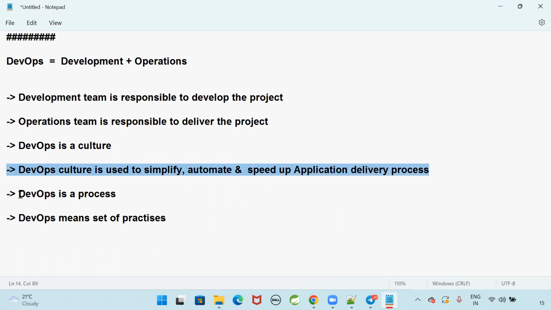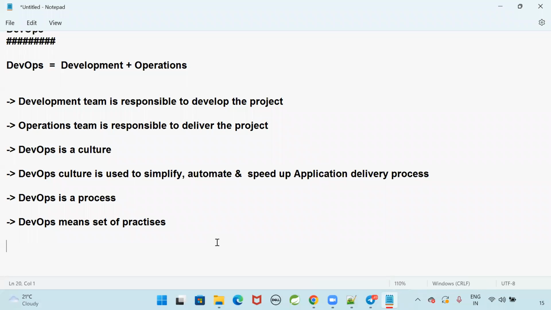So DevOps is a process, a culture, or a set of practices. To automate application delivery, we are going to use several tools.